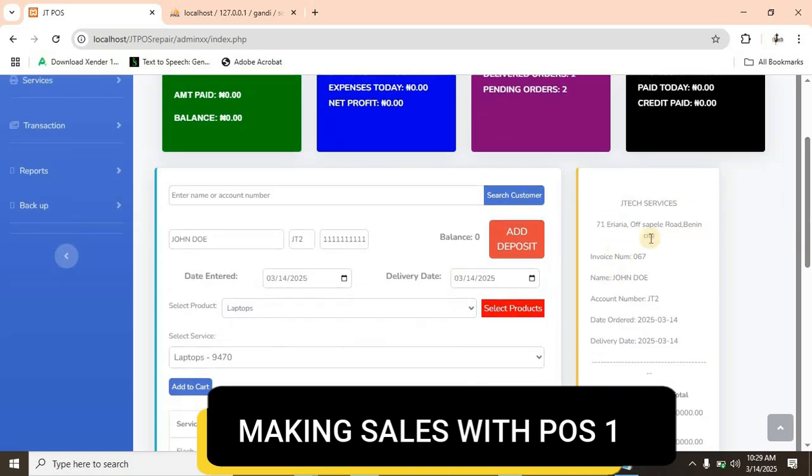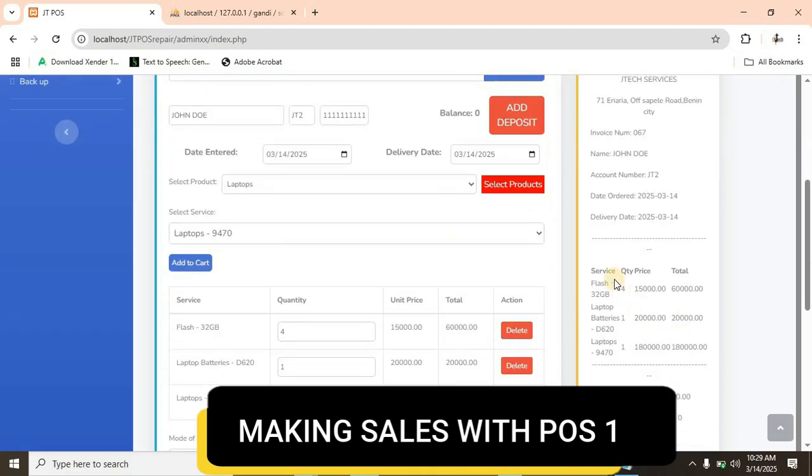Address, phone number, whatever you want to reflect can reflect on your receipt. Then the invoice number of this receipt is 067. That's the invoice number. The name is John Doe. His account number, the date it was delivered. It was delivered on that same date. We can now see the